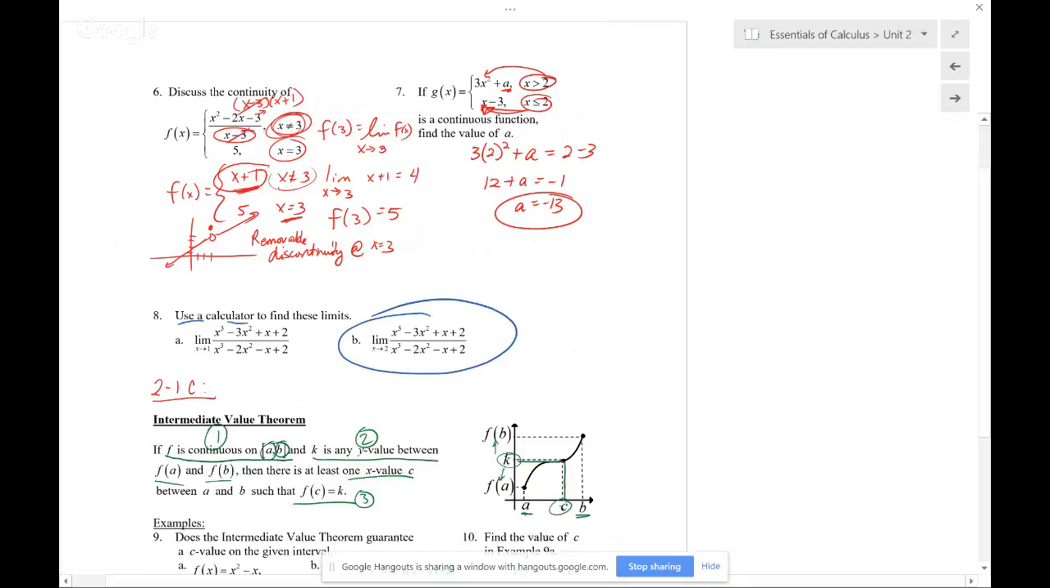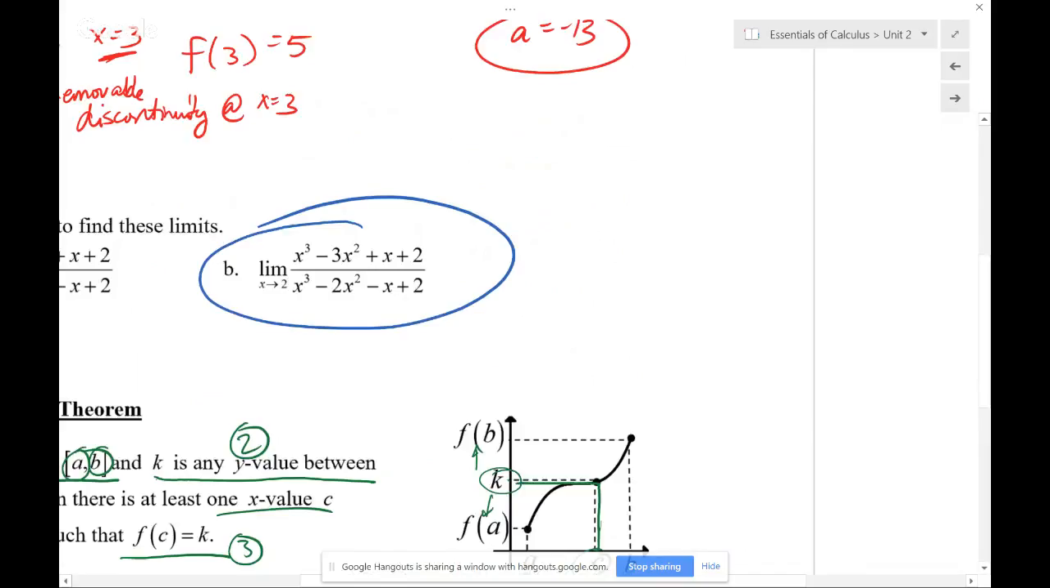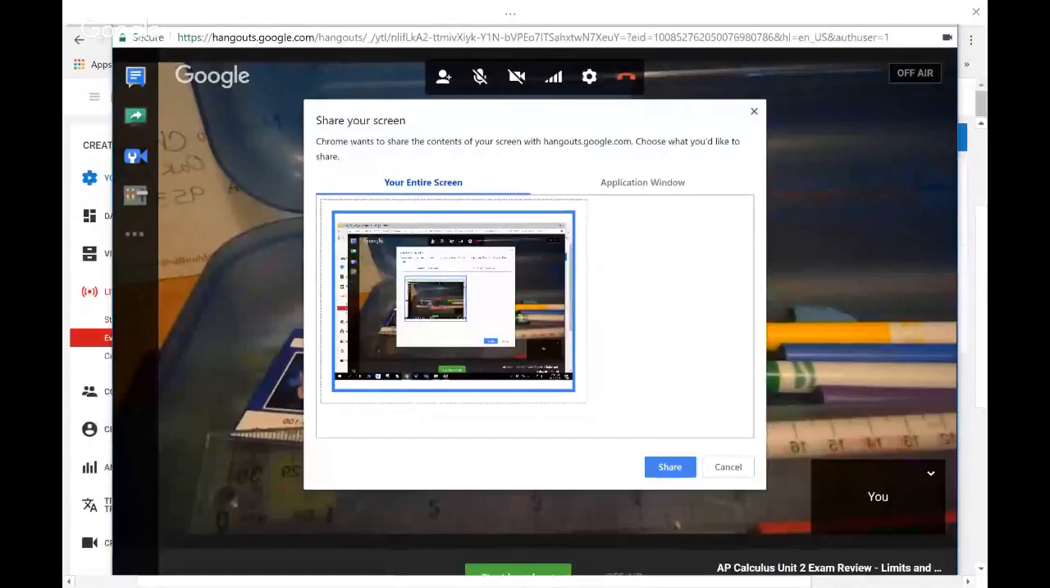Okay, B. It's x cubed minus 3x squared plus x plus 2 over x cubed minus 2x squared minus x plus 2. This is the type of problem that's going to be on the test in terms of finding the limits using the calculator. So let me load up the calculator here, and while that's loading up,